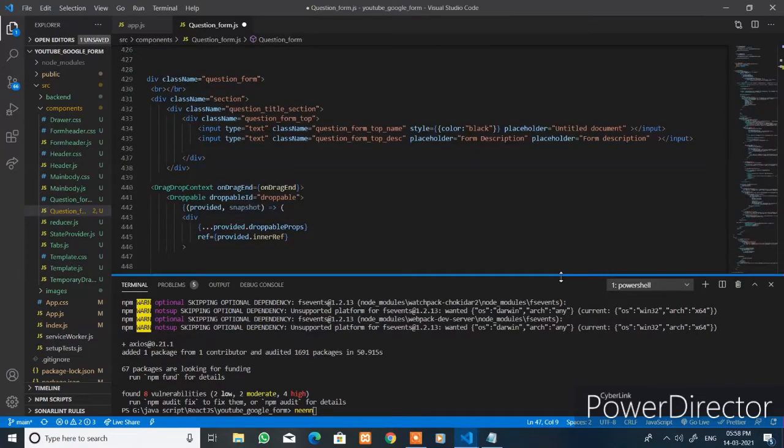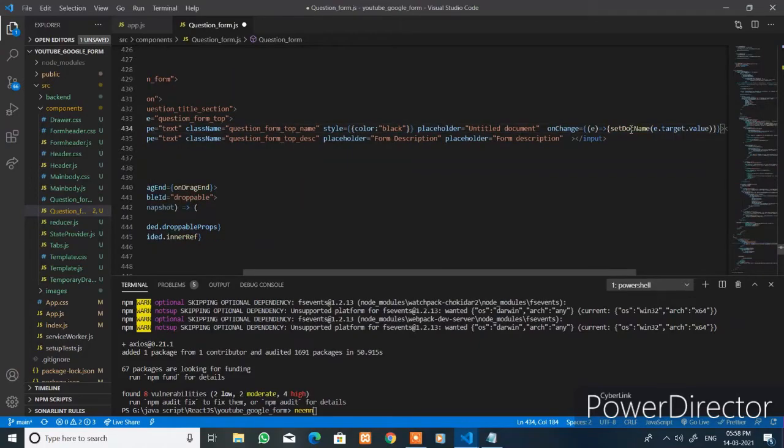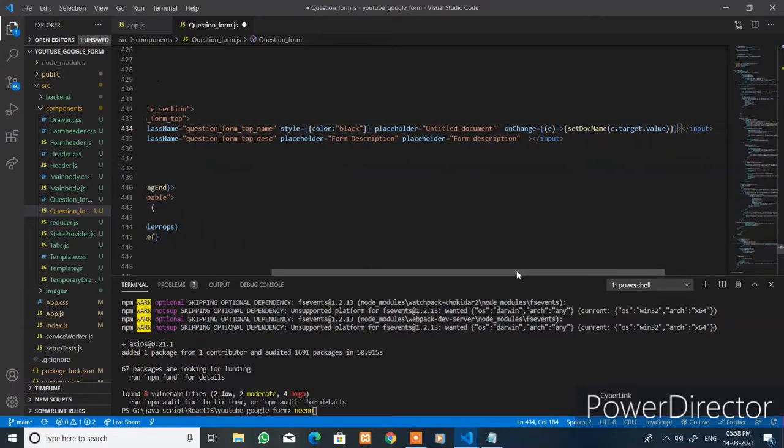To add the events to these inputs, set the document name whenever the event happens, that is, when the onChange event occurs here. Create one more event here for the document description. Just change this name